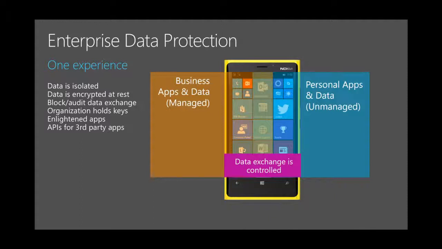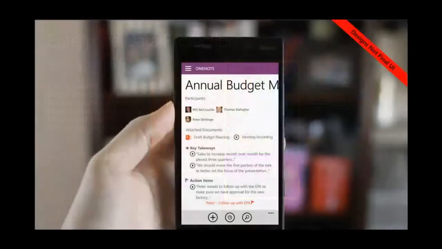So data is always isolated. You can allow sharing as such. Data is always encrypted on top of the BitLocker encryption, right? We will also encrypt at the file level or at the record level when it is specific, but on top of the BitLocker encryption, there is the data encryption as such. An API for third-party apps, which was what you asked, and MDM managed.